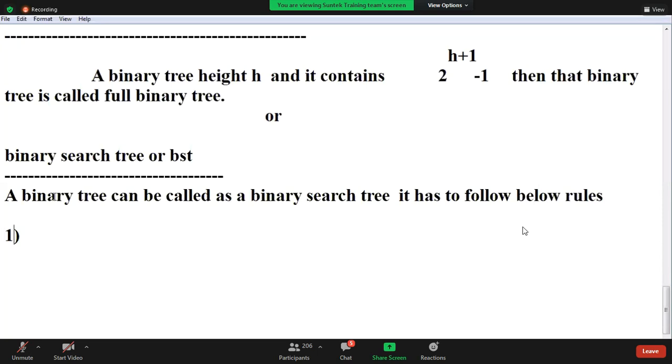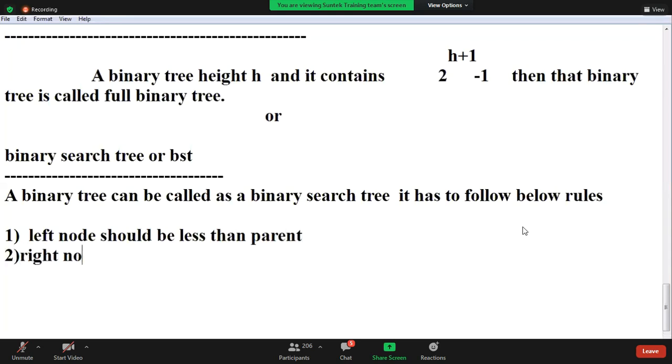One is left node should be less than parent. Second one, right node should be greater than parent. Third, duplicates are not allowed.